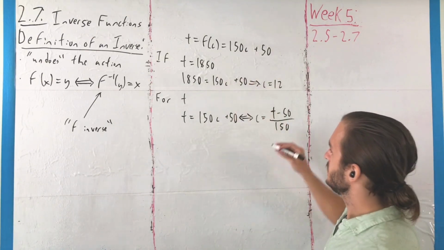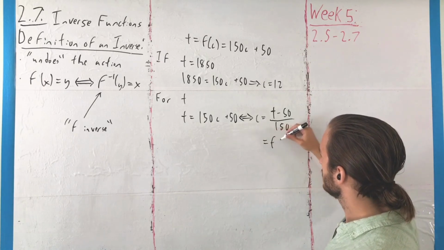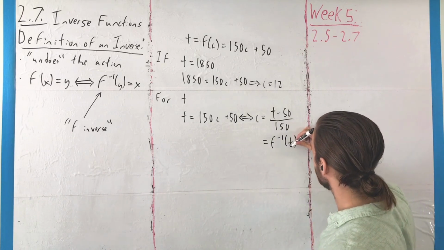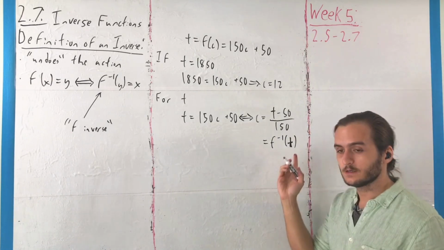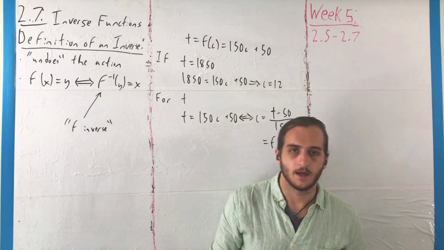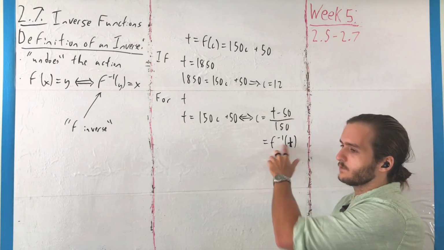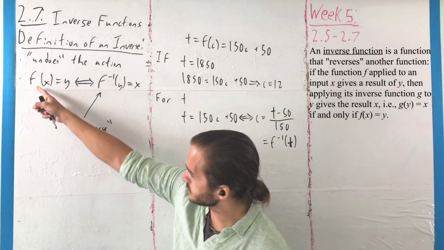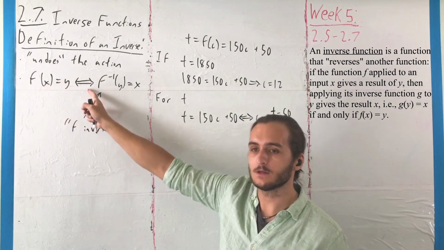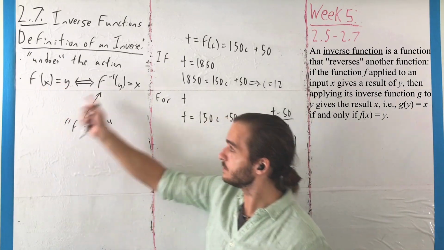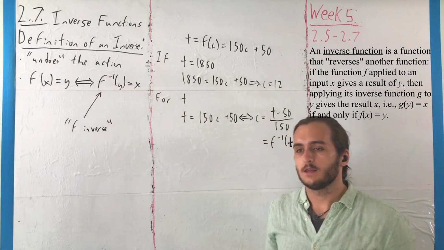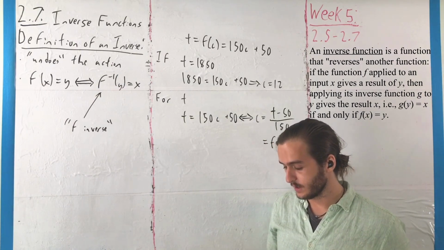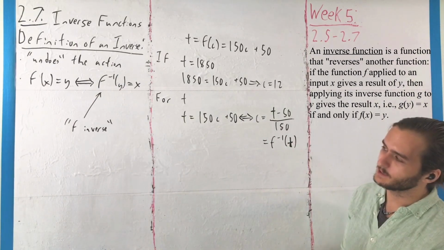So if we have that f is, in terms of c, we have f inverse of c, or excuse me, not f inverse of c, f inverse of t is equal to c. And that f inverse is with the notation a -1 in superscript, a power of -1, where in general we have the described relationship f of x equals y happens if and only if, that is, it's equivalent to f inverse of y equals x. The inverse is the reverse of the original. One undoes the action of the other,